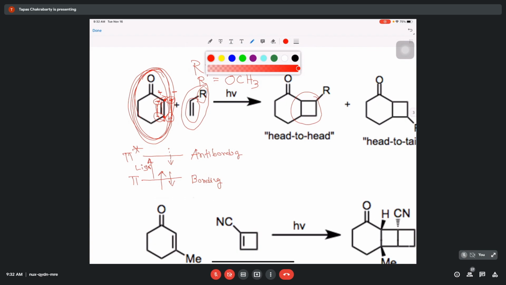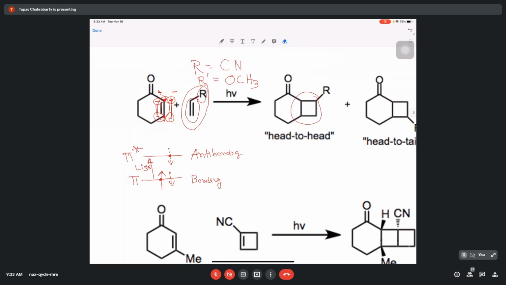Okay. So this is the excited state situation that I was trying to tell you also the other day. Once this excited state is produced, you can see that one electron has remained in the bonding orbital, another electron is in this antibonding orbital. So overall bond order is 0. Overall pi bond order is 0. Okay. So overall pi bond order 0 means that it is this kind of situation. That is overall pi bond order.